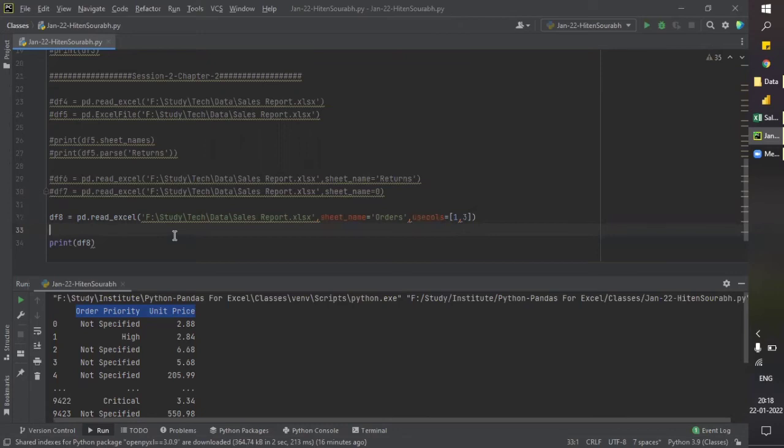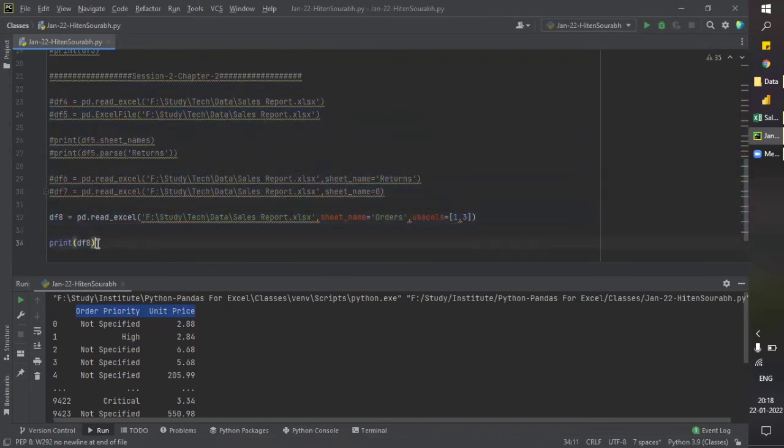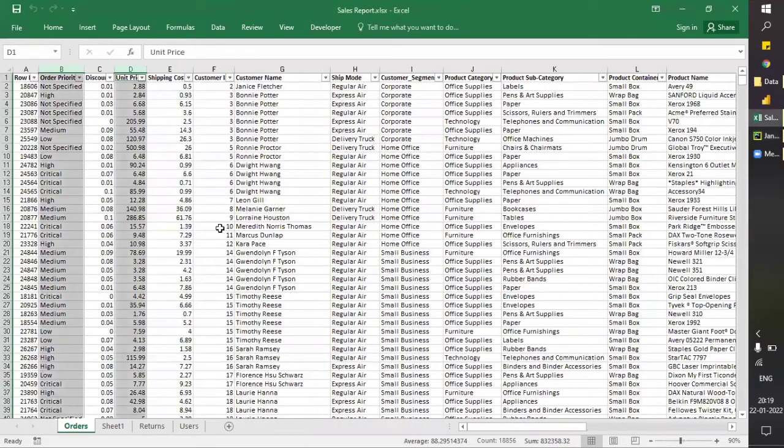Now one important function we are going to learn is handling missing data while loading the file. Now let me just find a particular data which has some missing rows.